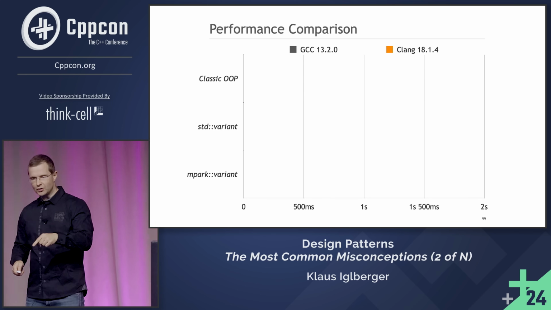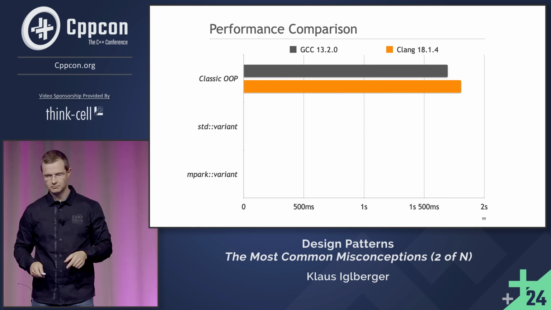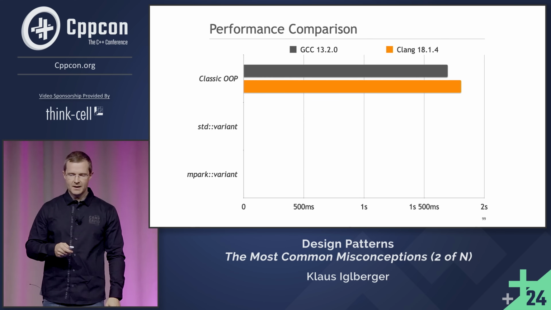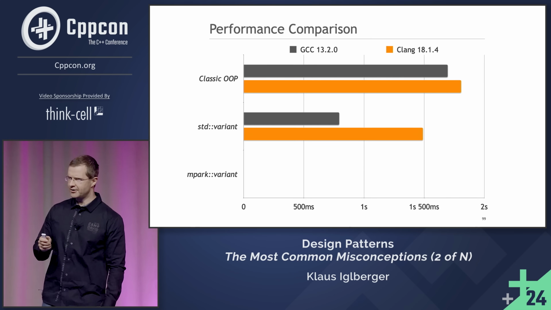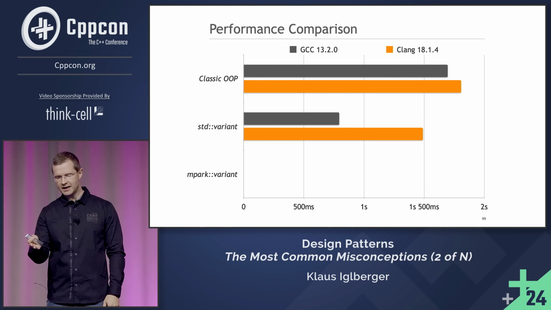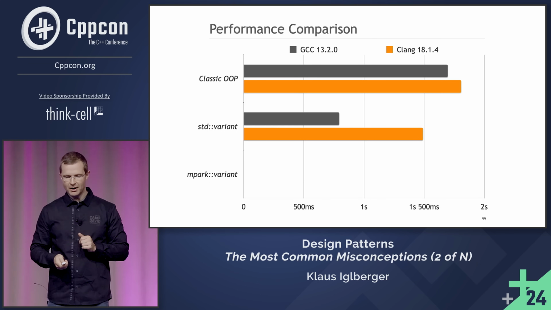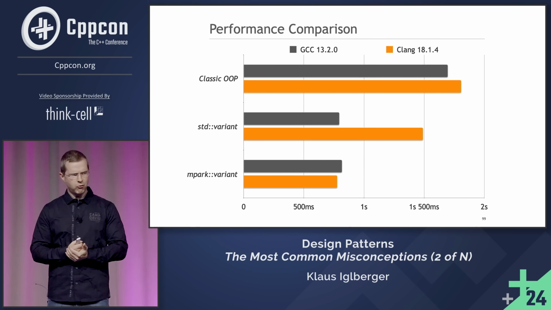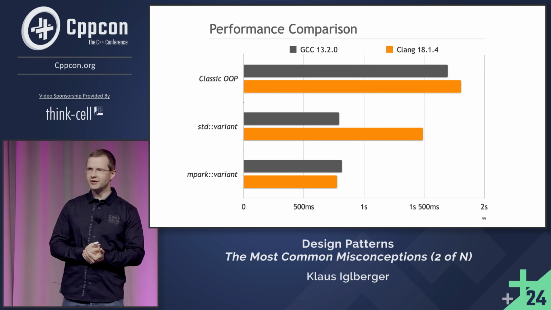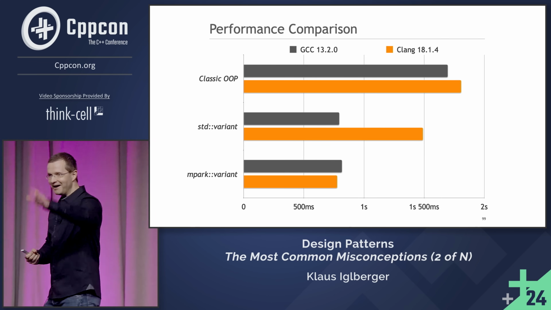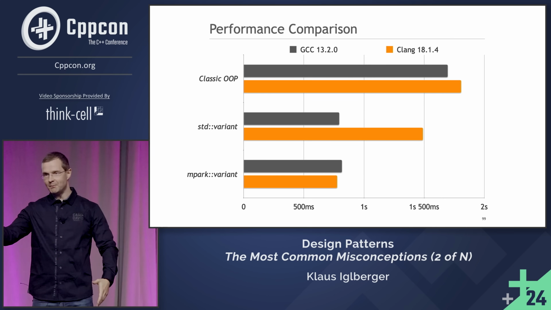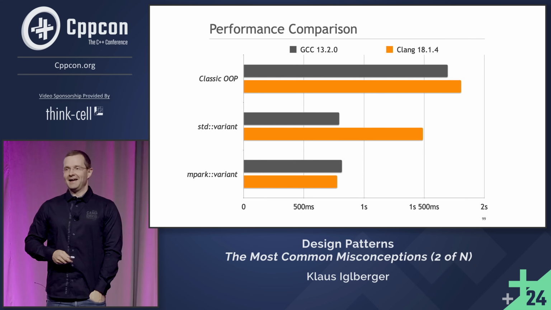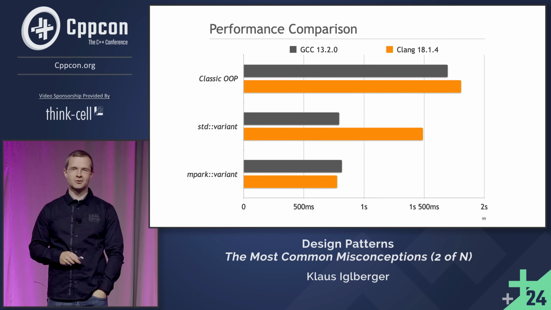Classic object-oriented programming, the thing that I've shown you first, has this performance. Okay, it's a number. And now it's also not a race between GCC and Clang. That doesn't matter at all. Std variant, better. Okay, now people will complain that I treated Clang unfairly, so I also ran through an Clang variant, which looks even better. Whoa. And now you're totally convinced. Twice as fast! I'm buying this. Next week, so on Monday, I'm rewriting all the inheritance hierarchies with Std variant. Please don't do this either.